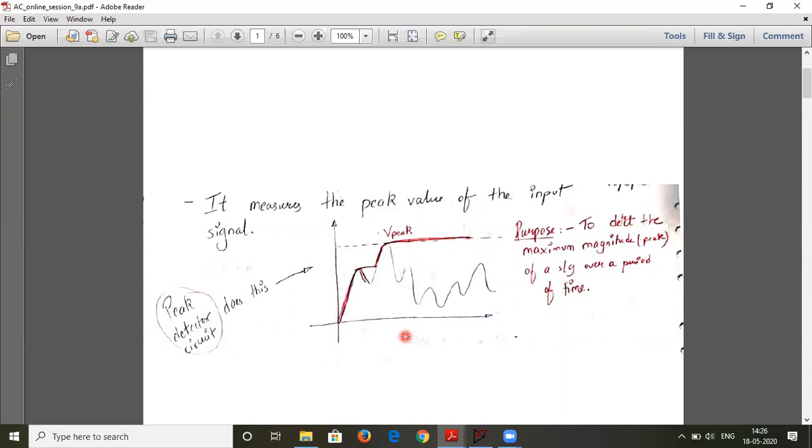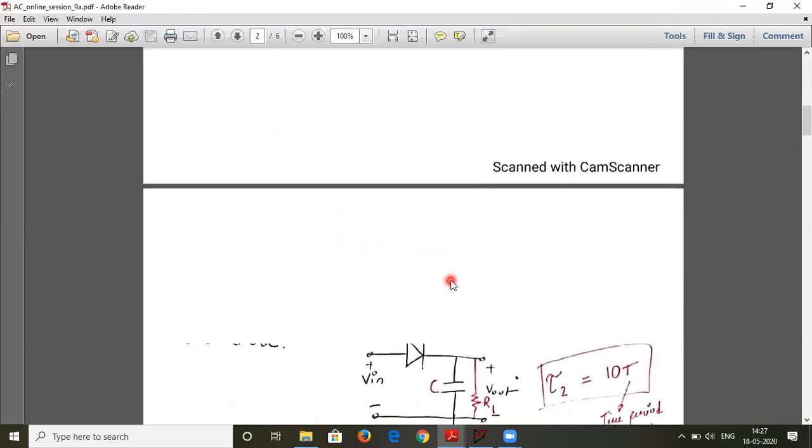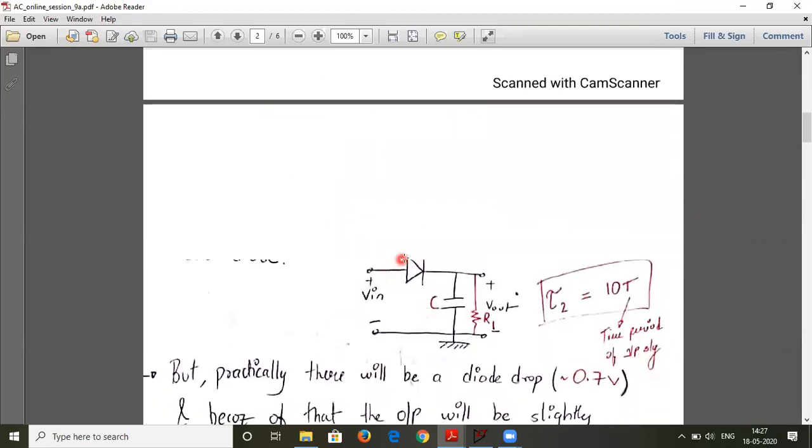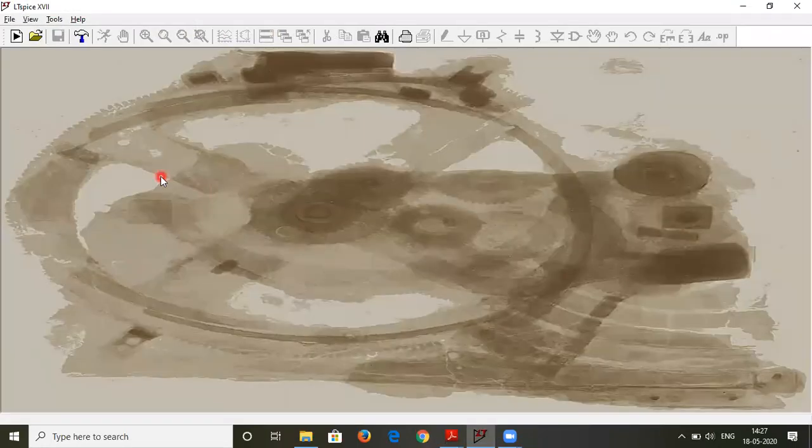Now let us directly go to LTspice and simulate a simple peak detector circuit. Okay, so before that, let us check the circuitry. This is basically a simple peak detector circuitry with a diode, a capacitor, and a resistor. So let us build this in LTspice and see how the circuit behaves. So let us directly go to LTspice,